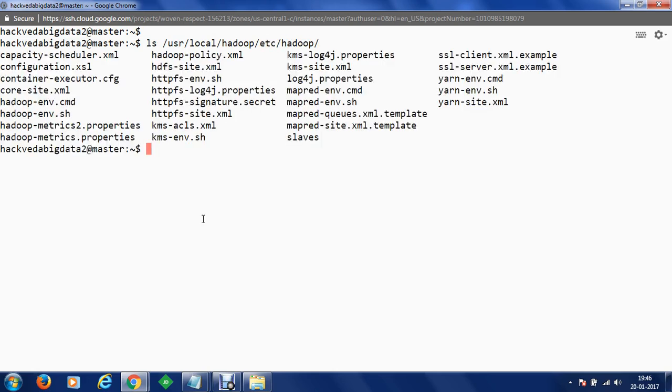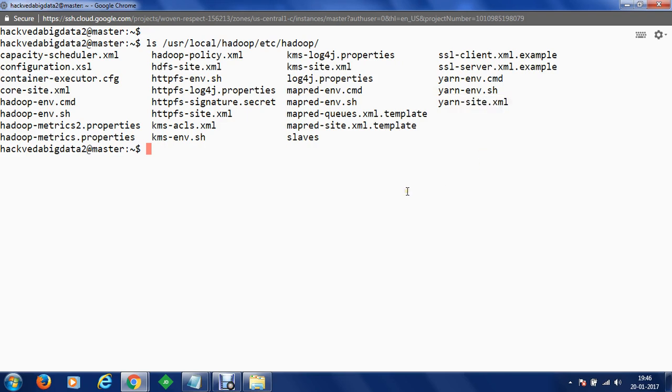As soon as we press enter, you can see that we have some files here. We have core-site.xml, then we have hdfs-site.xml, we have mapred-site.xml.template which we later need to convert into mapred-site.xml, and then we have yarn-site.xml. So we have to perform configurations on these files.